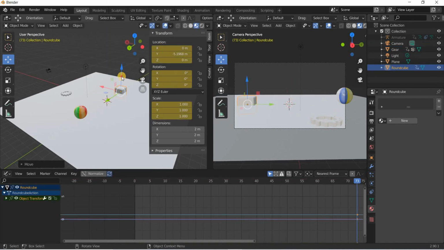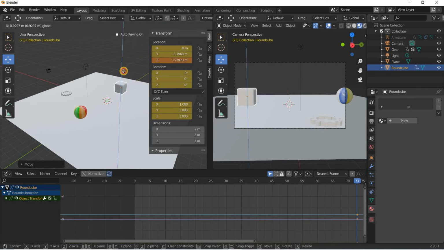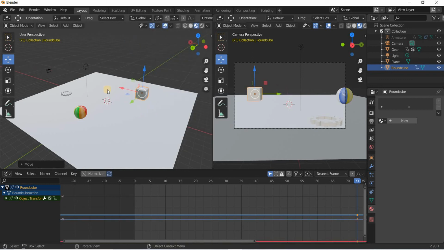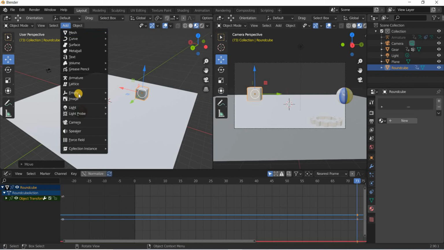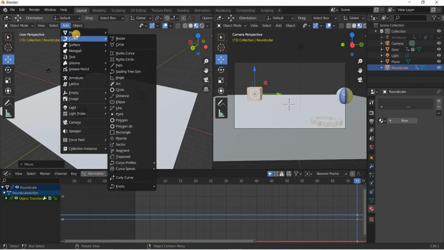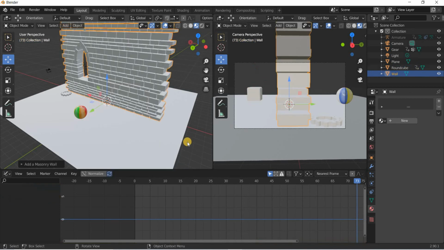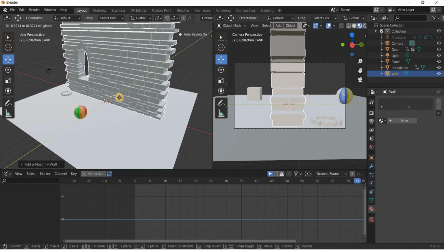The round cube was above the ground, away from the camera. Okay, add mesh, extras, wall factory. Added wall factory,